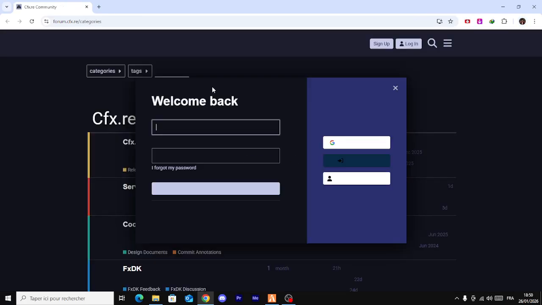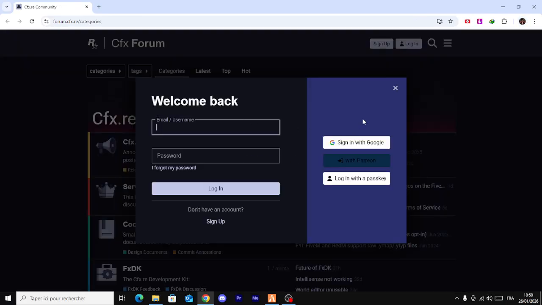And now, we are now open in Google Chrome and the CFX forum. Just now you can click with Google or with Patreon or with a passkey, but we need to open with Google just for the test. Okay, we test now. Click with the left